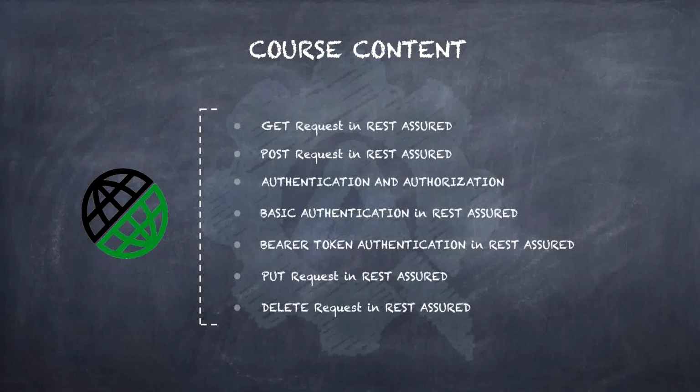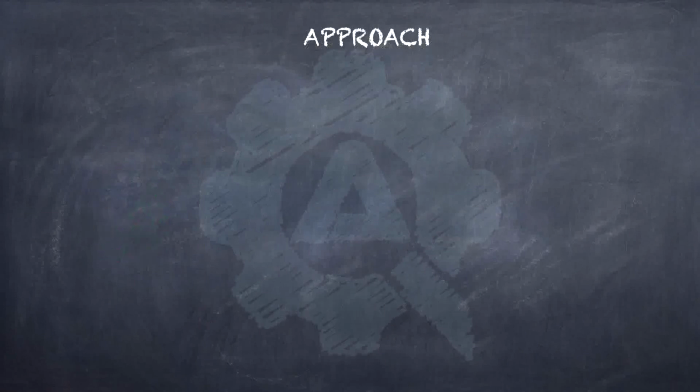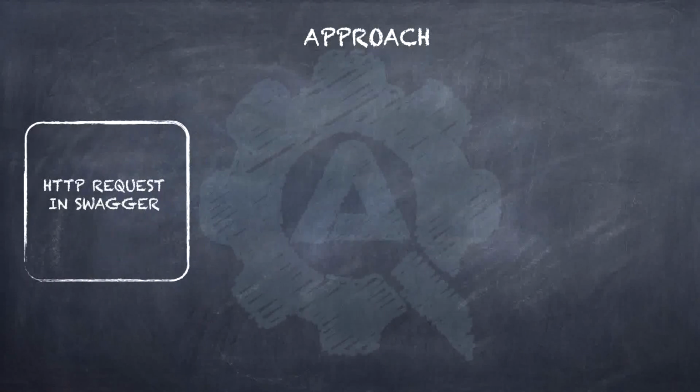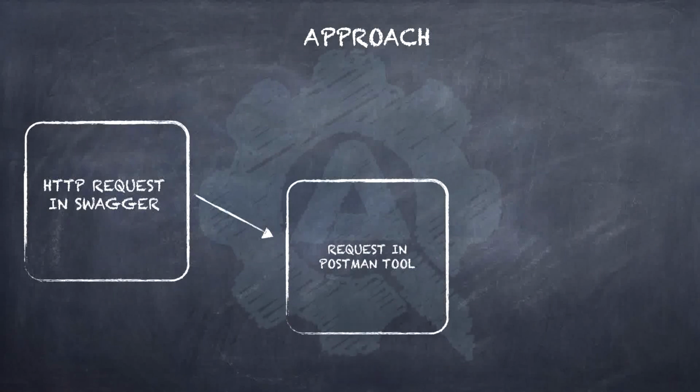Having gone through all of this, we'll be following a particular format to make things simpler for us to learn and understand. Initially, we'll be using the Swagger tool to understand the HTTP request. It will help us to learn about the API and its associated nuances. Having learnt about the API and HTTP request in Swagger, we'll try out the same HTTP request in the Postman tool. Postman is an interactive tool which helps us to organize the requests and the responses that we are receiving from the server, and this helps us to learn the API behavior better.